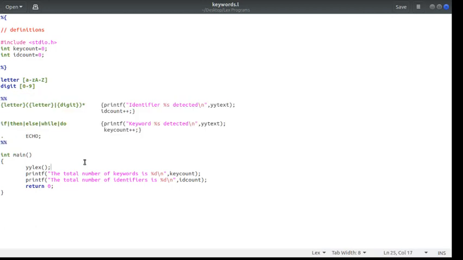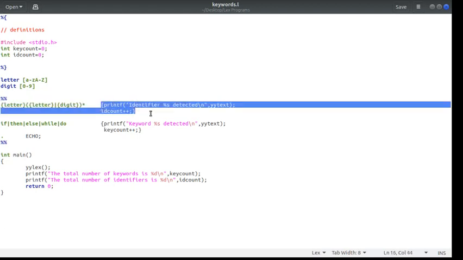Now in our rule section, first we have the rule for identifiers. Letter, so starting with a letter followed by a letter or a digit, 0 or more times. So that's the regular expression for identifier. If our input matches this, then this code will be executed. We are simply printing the identifier found, and we are incrementing the identifier